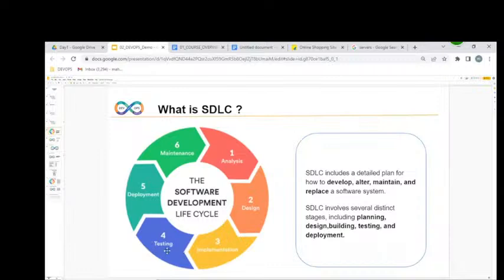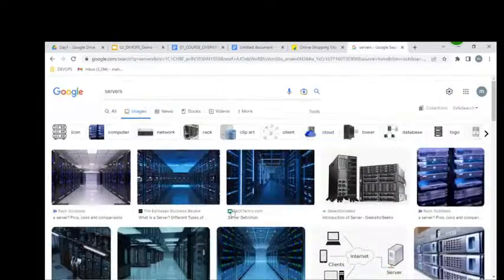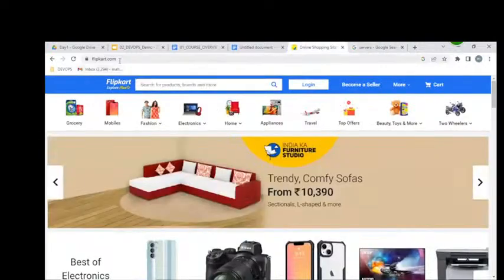Once it is verified, we place it on hundreds of servers, so we can access it on the internet as a website.